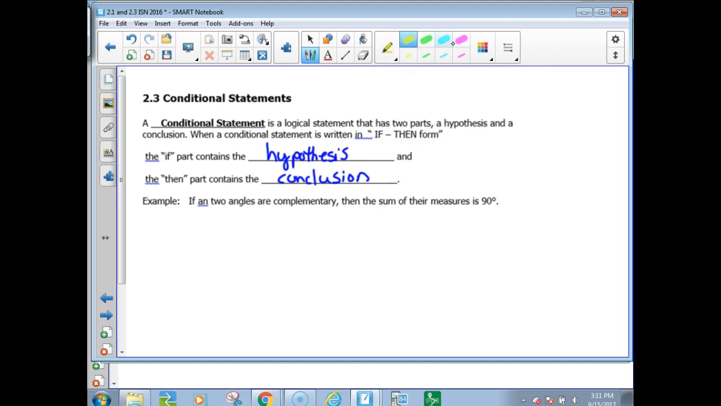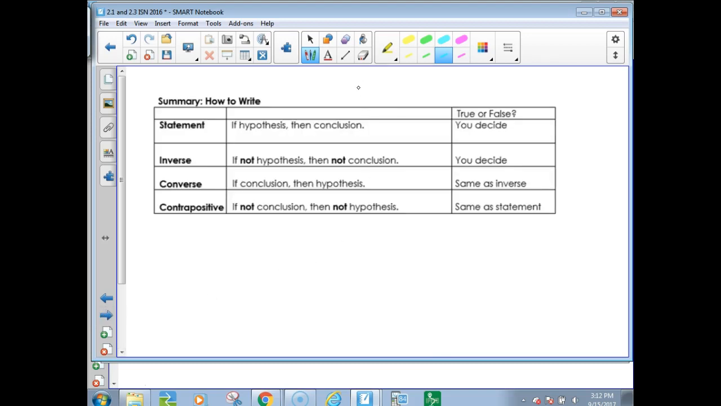If you would like to use highlighters, I'm going to underline my hypothesis again in one color, pink for me. And I'll double underline it. If you don't have color, you double underline the conclusion. And this one says, if two angles are complementary, then the sum of their measures is 90. The sum of their measures is 90 is the conclusion. Okay? All right, now,